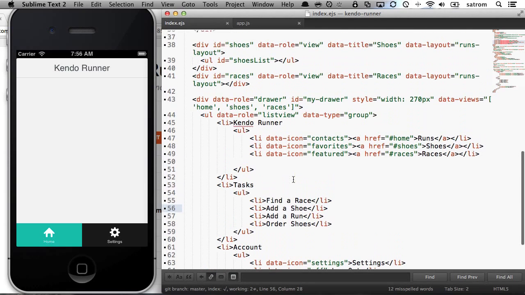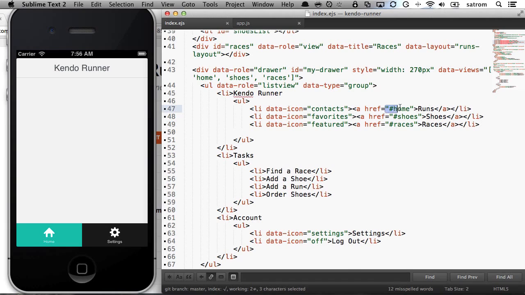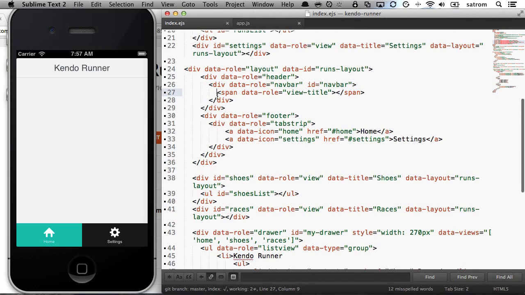So I've added my drawer menu here, and similar to what you saw with the server wrappers, I'm specifying some information like the width, I'm specifying the views that it controls, and then I'm also specifying some links. In this case, you'll notice I'm using the hash fragments for my runs, shoes, races, things like that. But that's my drawer menu. And then the final thing I need to do in order to get that to work is I'm going to actually add that into my nav bar,